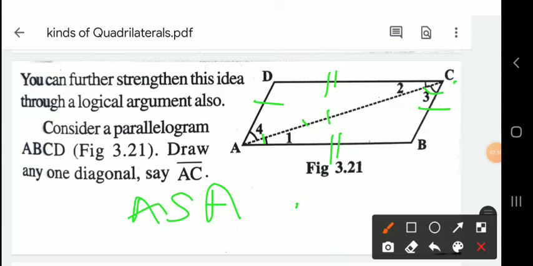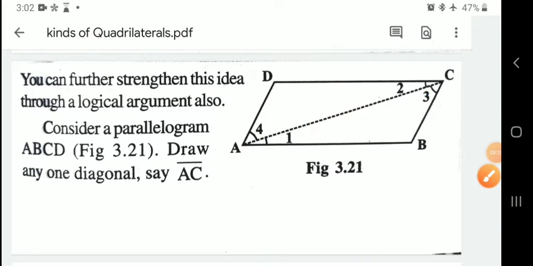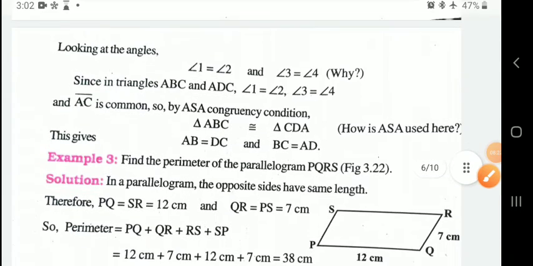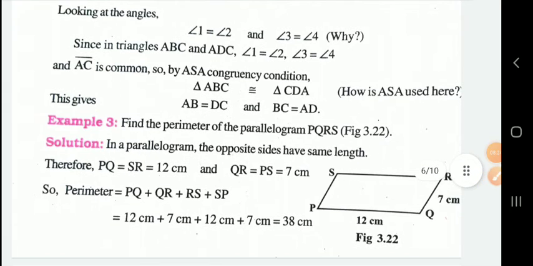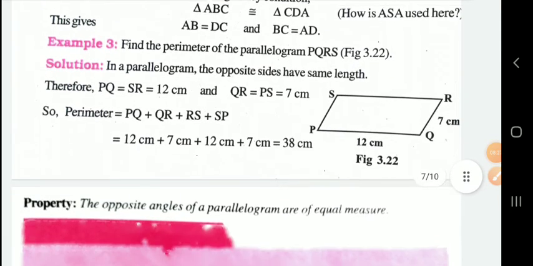Okay, so what can you say about this? These all are sides of a parallelogram, and here we observe that the opposite sides are the same. So from this we can say that opposite sides of a parallelogram are of the same length. Opposite sides of a parallelogram are parallel and also they are of the same length. Okay students, do you get this? Opposite sides of a parallelogram are the same.